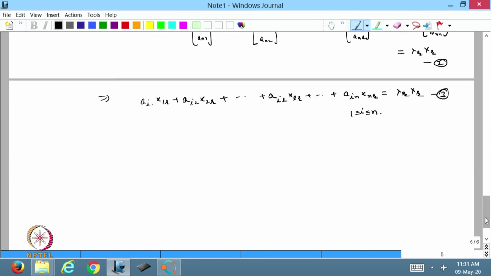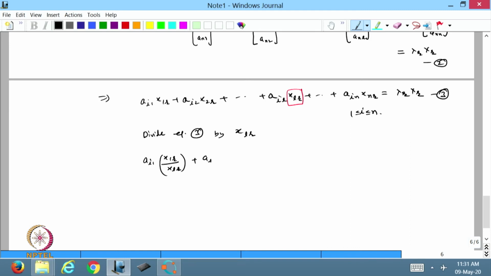Now, what I do is that this is the maximum element I know in terms of magnitude. So, we divide equation 3 by x_L^r. Okay. So, I will get a_I1 x_1^r by x_L^r